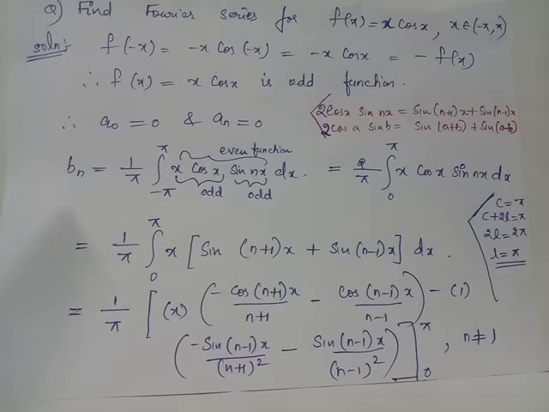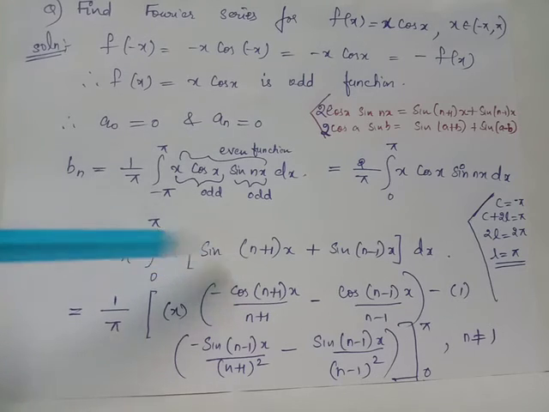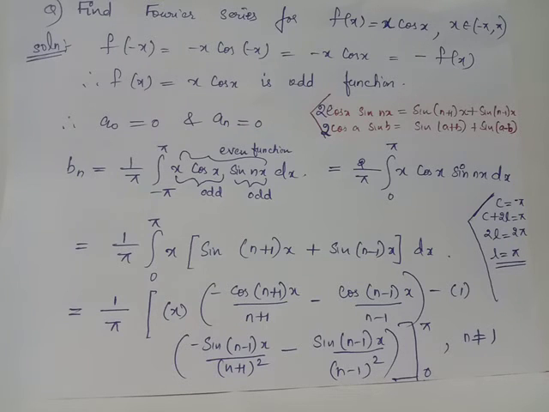When you give n equals 1 here, we will get b1 equals 1 by pi integral 0 to pi x multiplied by sin of 1 plus 1 into x plus sin of 1 minus 1 into x into dx. We have sin of 1 minus 1 into x becomes sin 0 which is 0, and sin of 1 plus 1 into x becomes sin 2x. Thus, this integral reduces to 1 by pi integral 0 to pi x sin 2x into dx when n equals